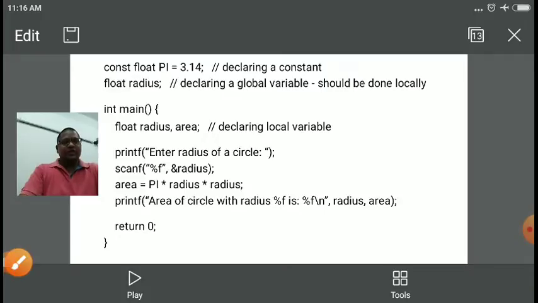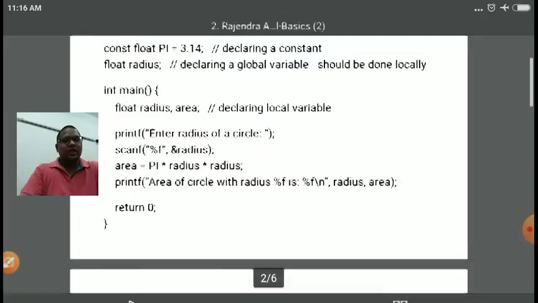When we execute this program, it will take the first input as radius from the user. After that, it will calculate this particular formula, putting in the value of radius taken from the user, and then it displays the value of area. So here we are using two variables, first radius and second area. A variable is nothing but something holding a value which can vary throughout the program. So this is all about the variable.